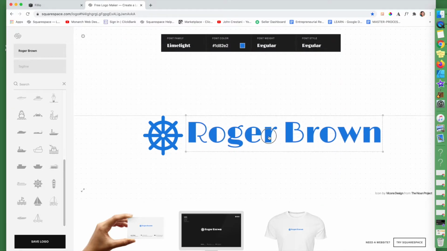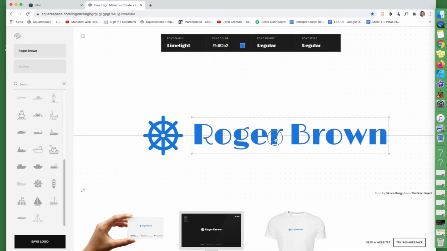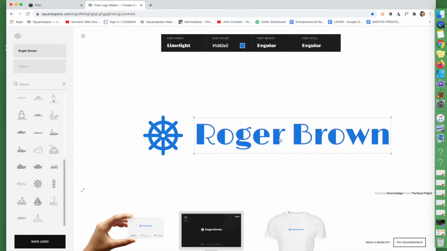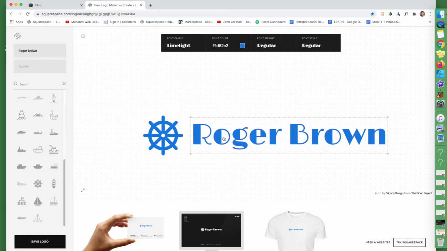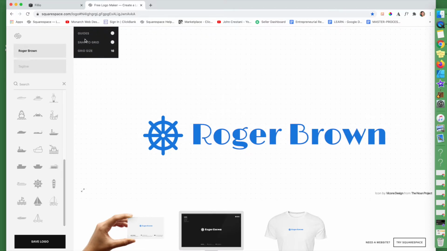And you'll notice as I'm moving these things, these lines show up. I love these lines. They keep things aligned. And you can control that over here. There's like this little wheel right there. This will pop up, and you can click on this if you want them on or if you want them off. I love Snap to Grid because it keeps things,